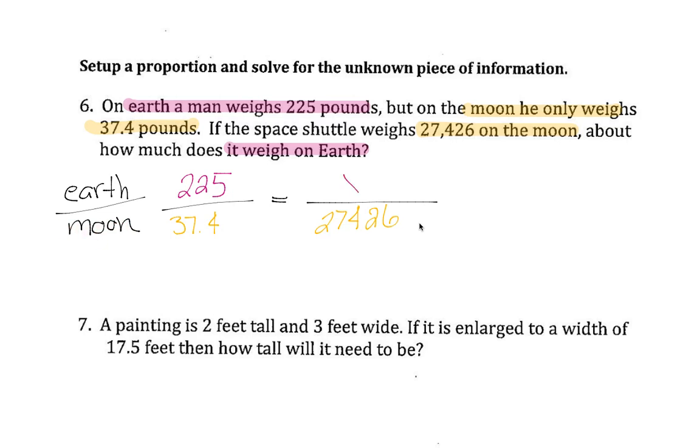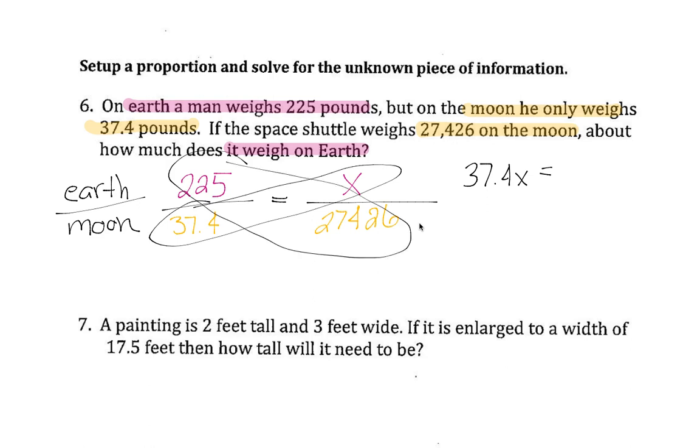The Earth numbers go on top, so that's where my x is going to go. So this is going to be 37.4x equals, this is going to be a big number,